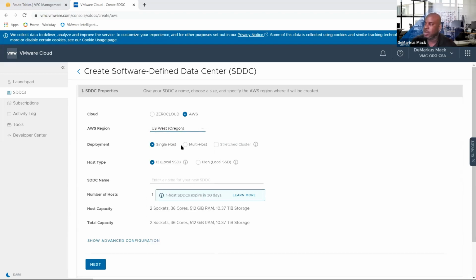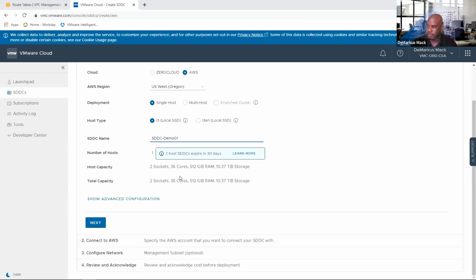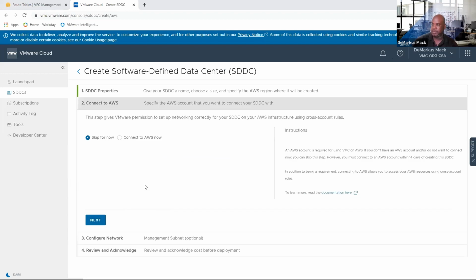And I want to talk about the single host option first, right? So you can deploy a single host for POC purposes. So let's put a name here, and let's go next. The reason I want to point this out is because, as I was stating